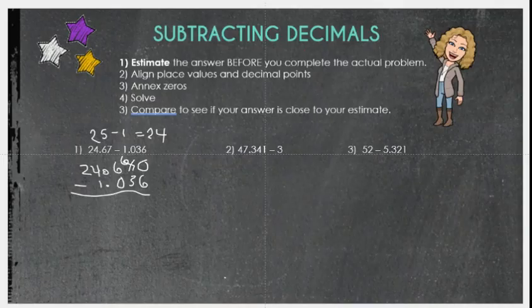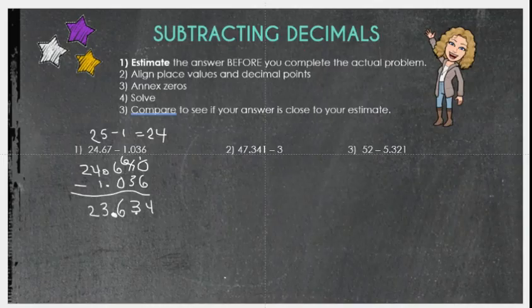So we would regroup here. 10 minus 6 is 4. 6 minus 3 is 3. 6 minus 0 is 6. 4 minus 1 is 3. And 2. And our answer is supposed to be close to 24. So we will drop our decimal point down here